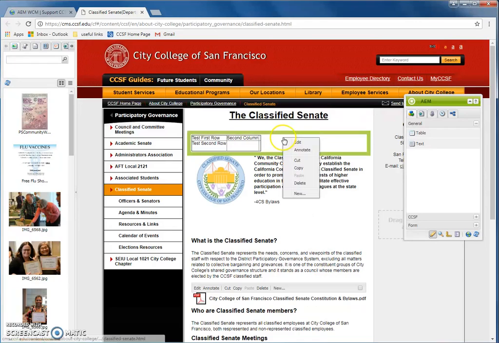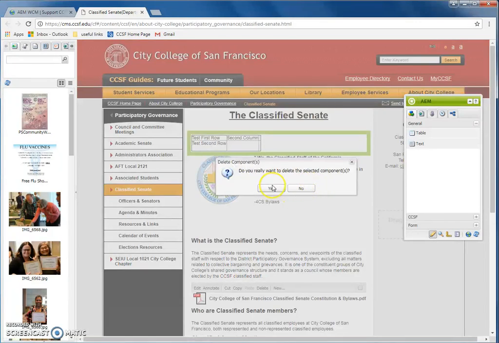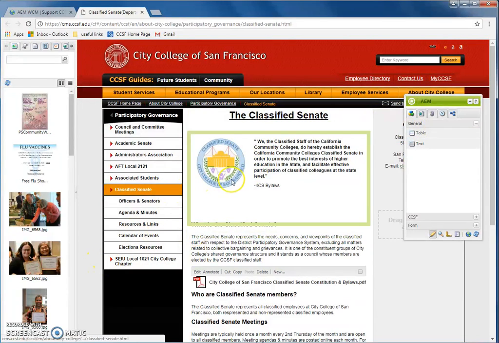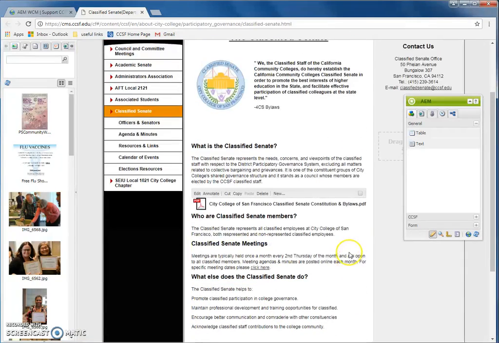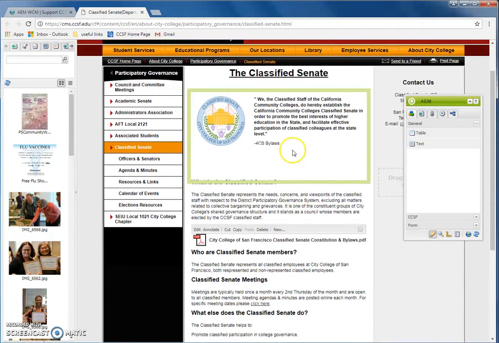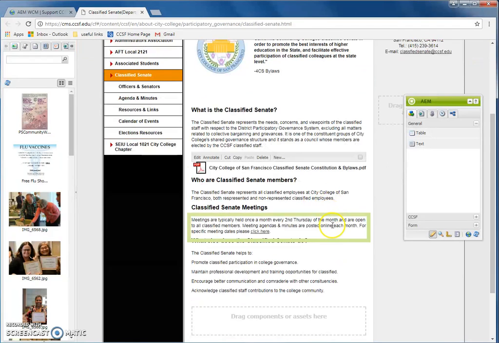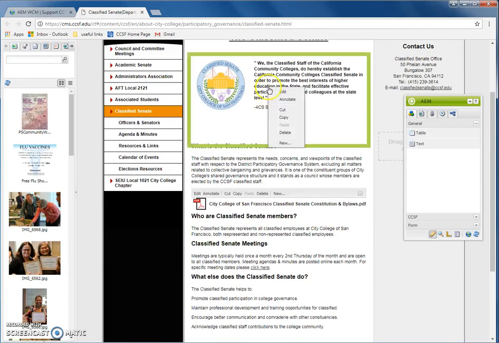Let's see how that looks. Not too bad. I'll delete this for now. Most likely for the Classified Senate and SEIU pages, you will not be creating tables. Although if you do, then you'll know something a little bit about them. So you can see here that the Classified Senate has mostly text and title components, although there are some others here as well. One of them is